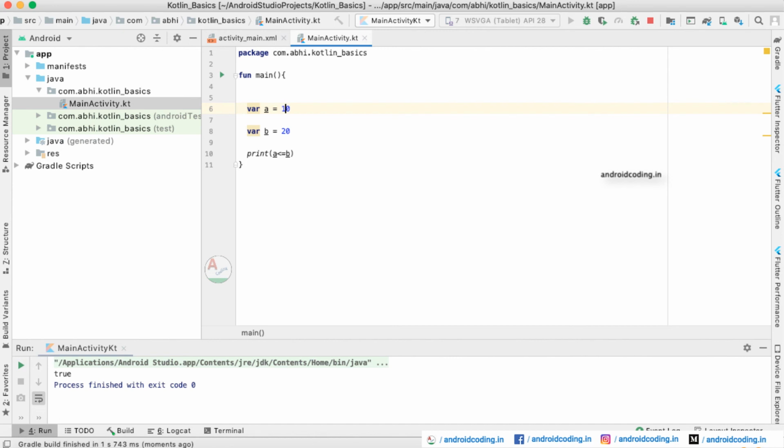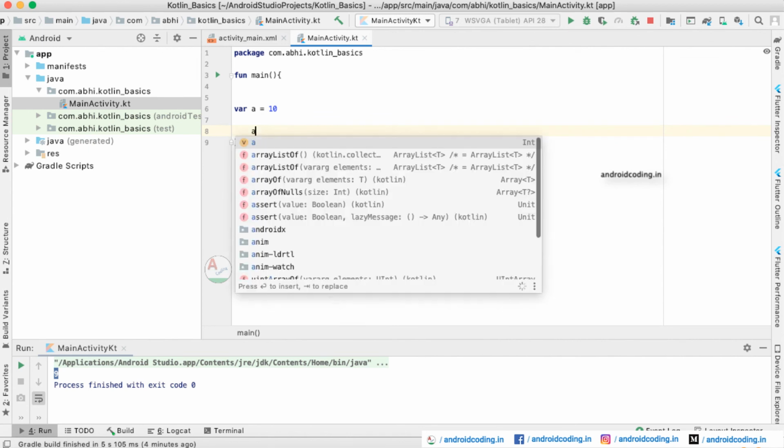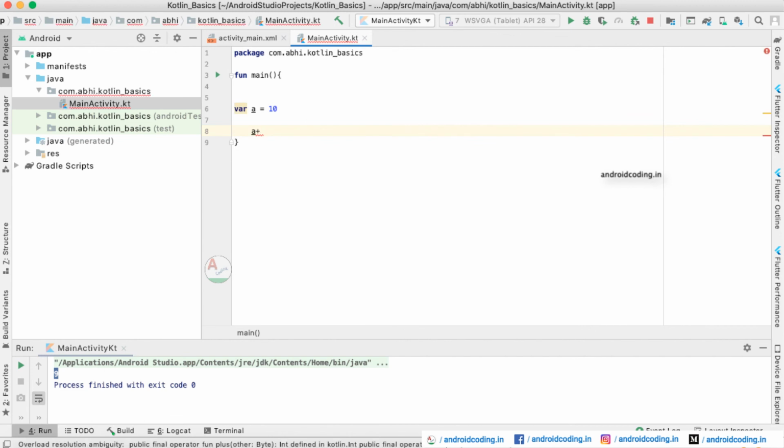You may use these kinds of comparisons in looping scenarios, and in if conditions you can use these particular comparison operators. Now let us try to see the assignment operators here. We are considering a variable a with value 10, and we are trying to assign the value by 2 here, so we are trying to increment the value by 2.